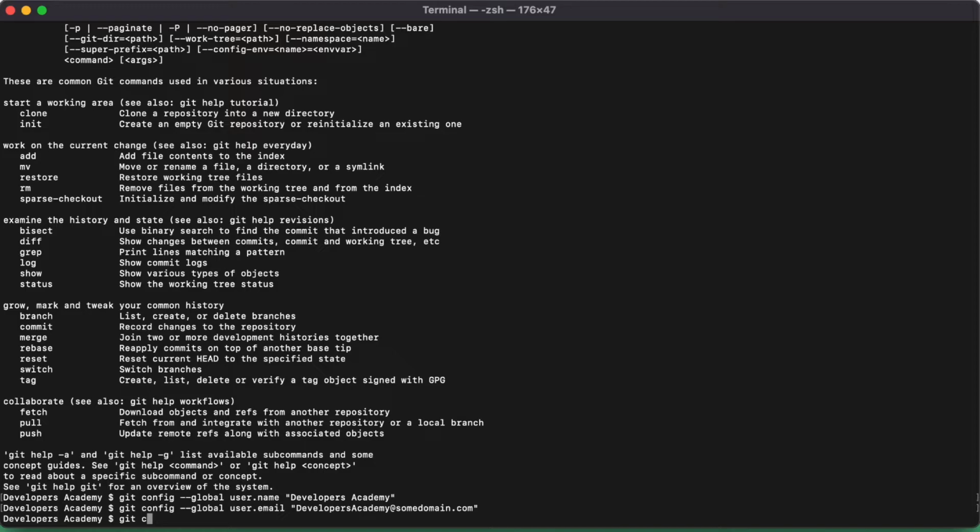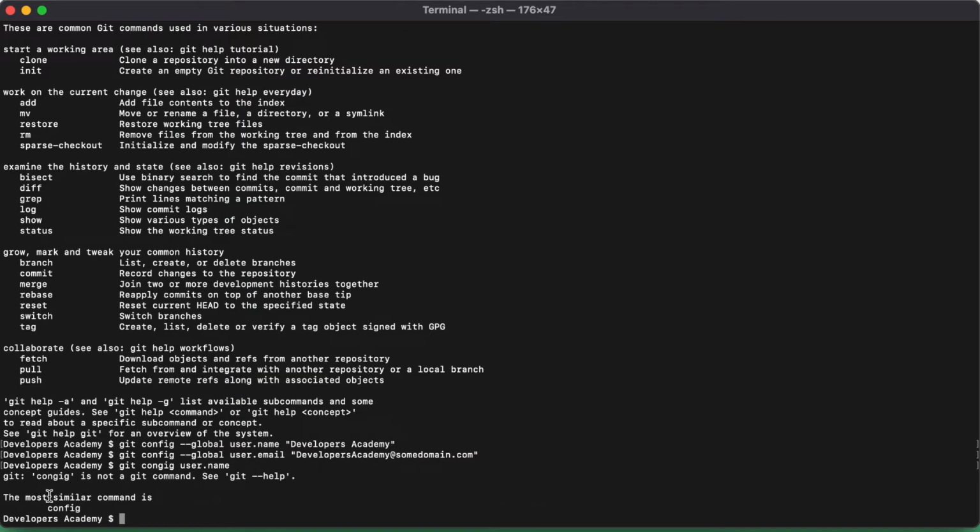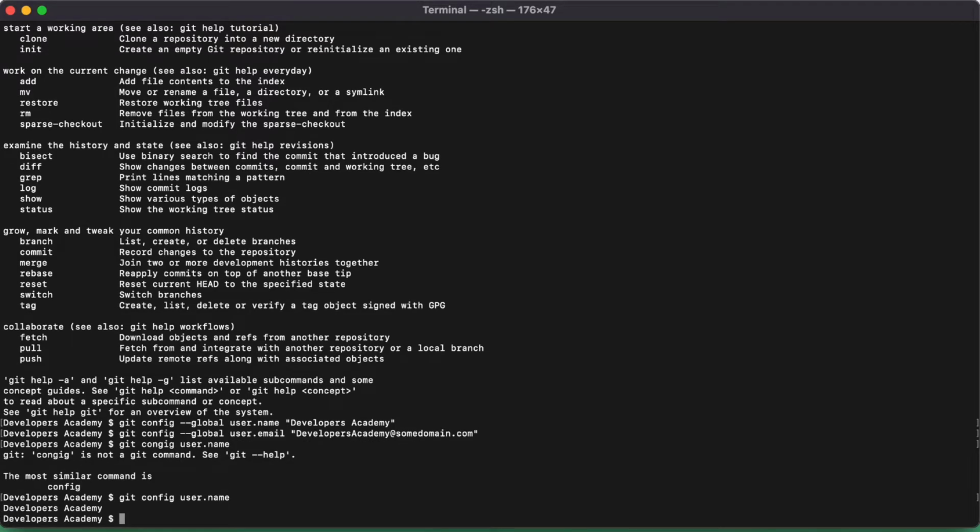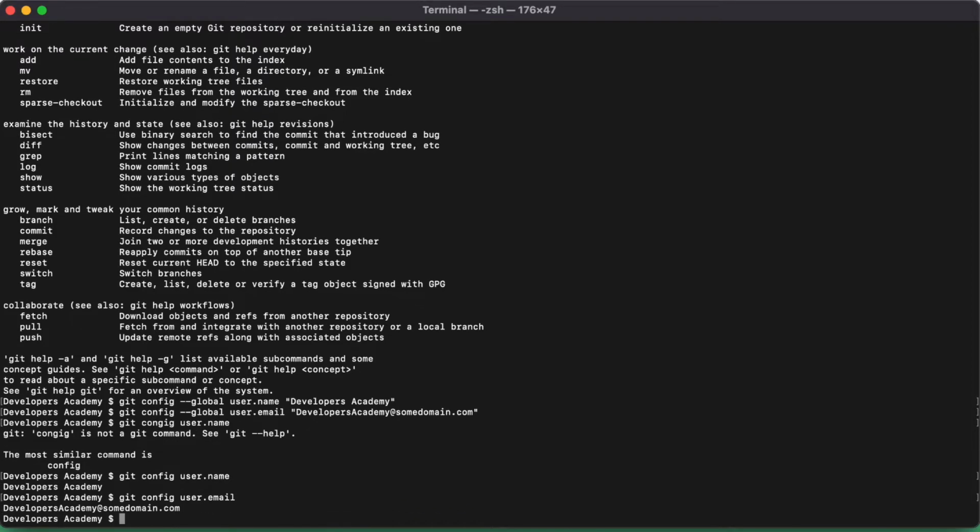To check, you can type git config user.name. So the name here is Developers Academy, and to check email we can type user.email. So the name and email are set properly, and now we can use Git with our project after initializing.